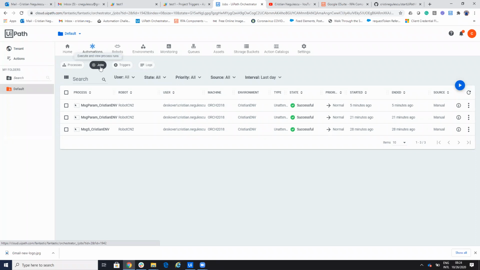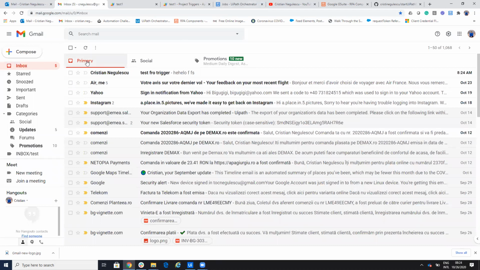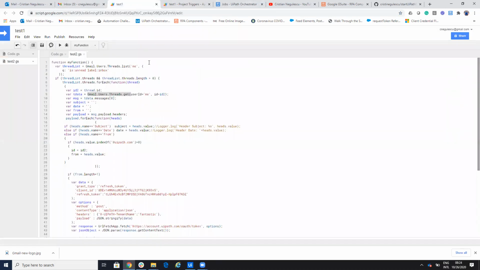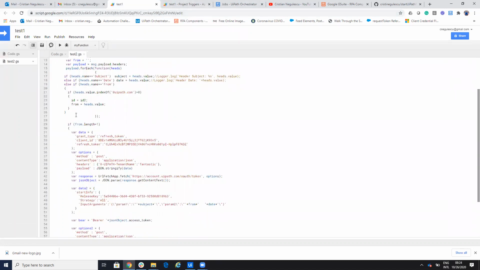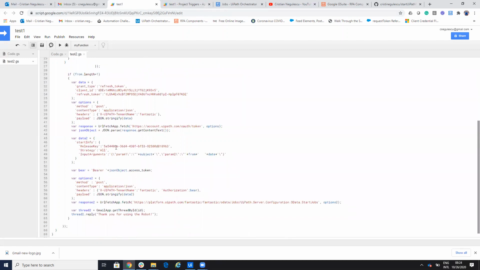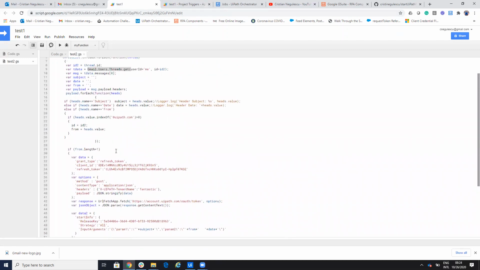It runs from minute to minute, as you saw. After one minute, the trigger inside of Gmail will read my email and decide that I have something for the robot to execute, because of the condition we put here: it must contain uipath.com.